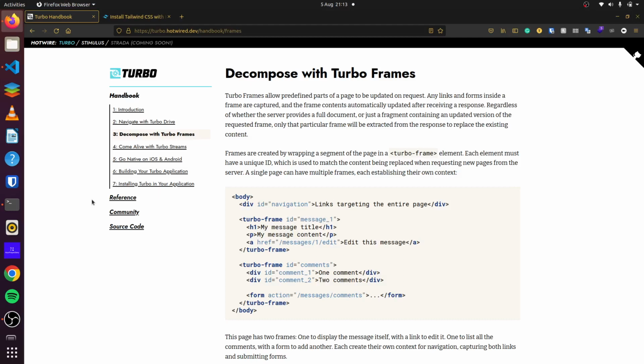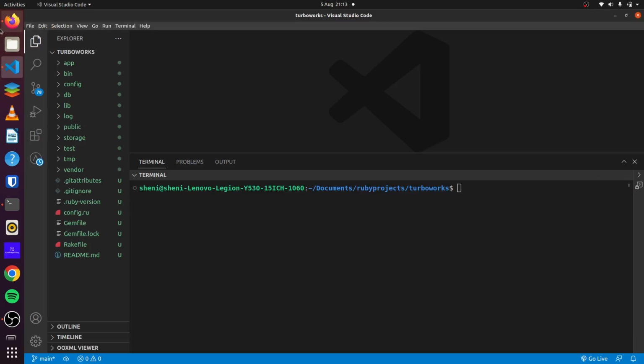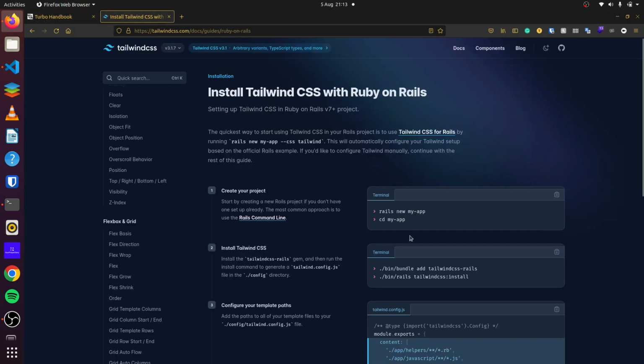Today, we will learn how to implement CRUD actions using turbo frames and turbo streams. To begin, we have created our blank Rails application here. And to make this easier for us, I'll simply